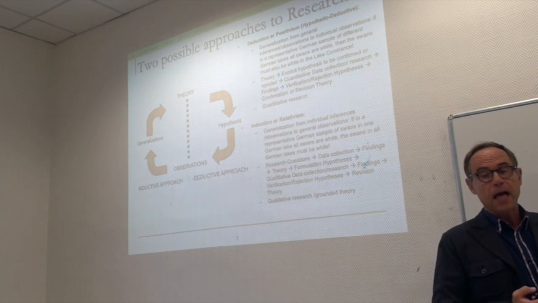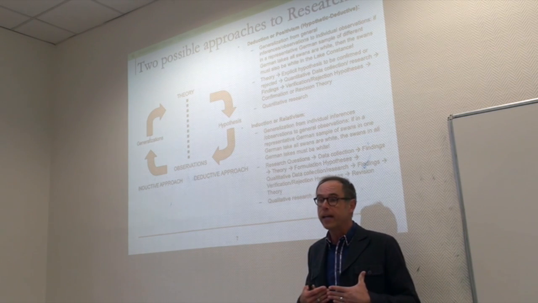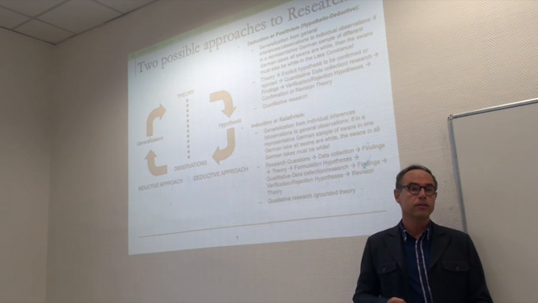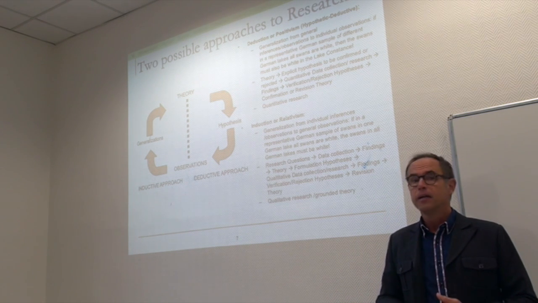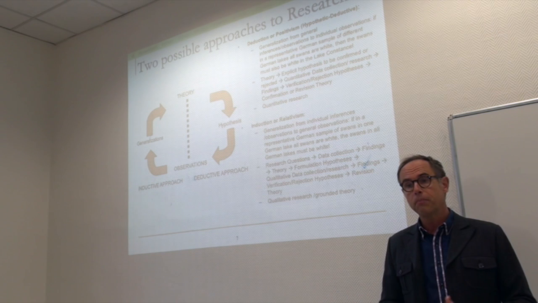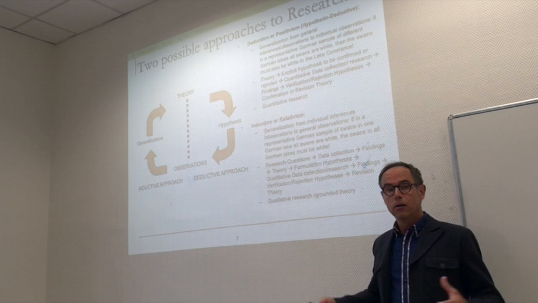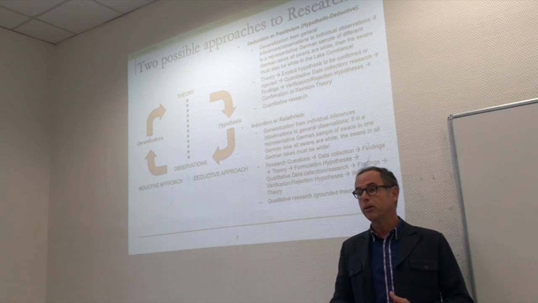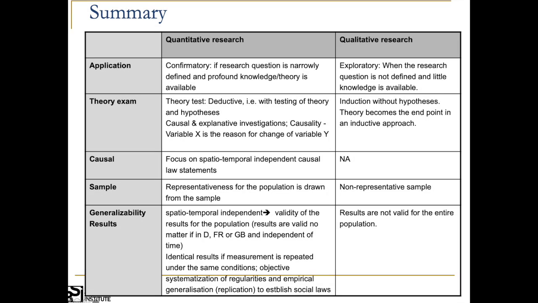So it's a deductive approach where the generalization goes from general inferences or observations to individual observations. For example, if in a representative German sample of different German lakes all swans are white, then the swans must also be white in the Lake of Constance. So we generalize from general observations of different lakes to an individual observation, that is the Lake of Constance. Which is not the case for qualitative research, because the results are not valid for the entire population.